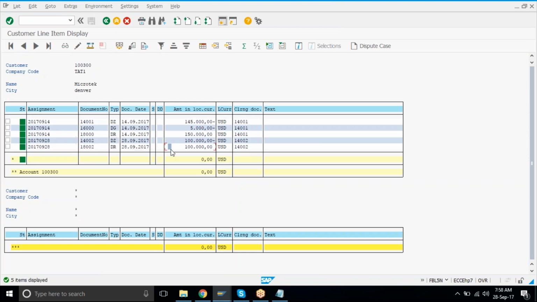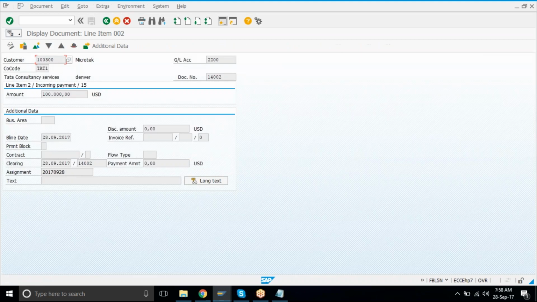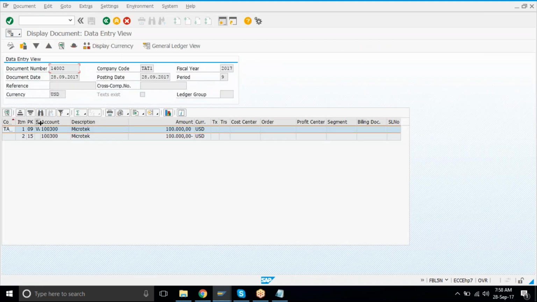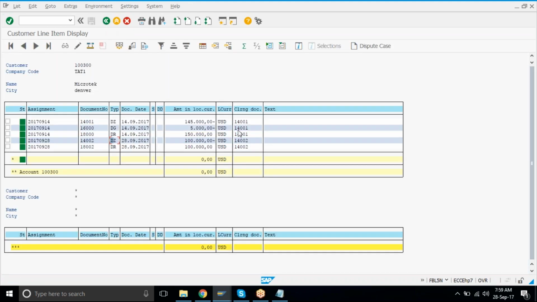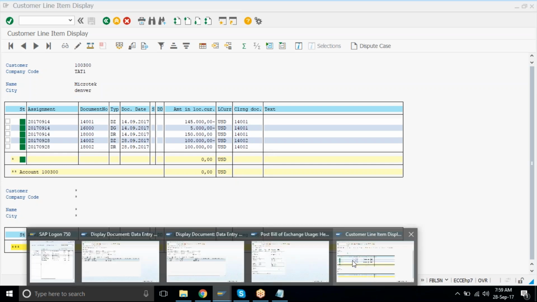You see how to find out. So on the document type, just display it and you will find there's a W here, right? So this one you have to find out. 14002 is there, or maybe while entering the payment, memorize this number.